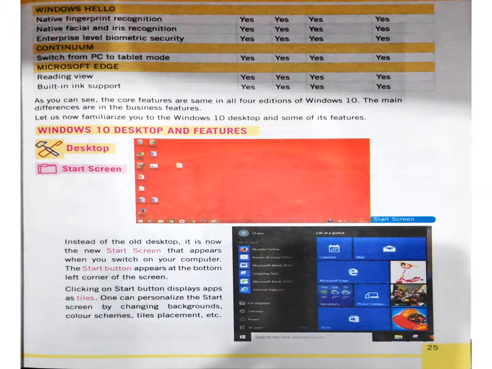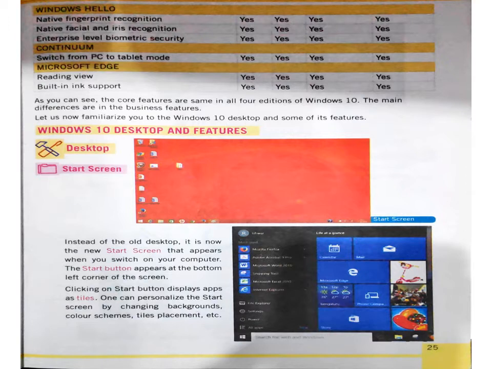So in the desktop, firstly we start with the start screen. In the previous versions of Windows there was a typical old kind of desktop which used to be displayed on the screen, but in Windows 10 a new start screen appears, and the start button in this new screen is at the bottom on the left hand side of the screen.